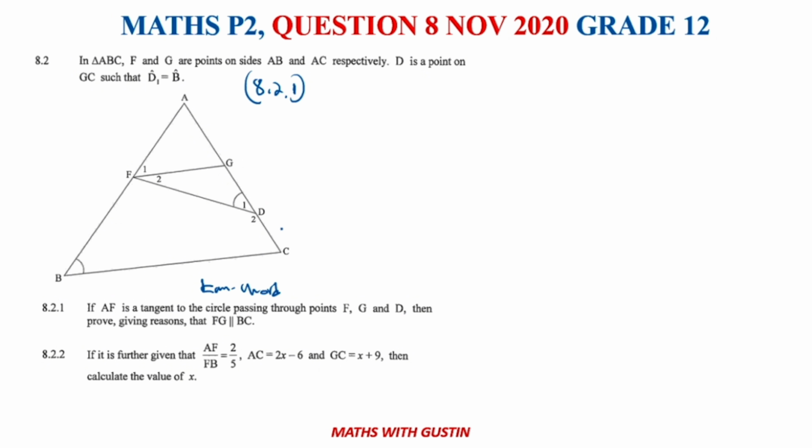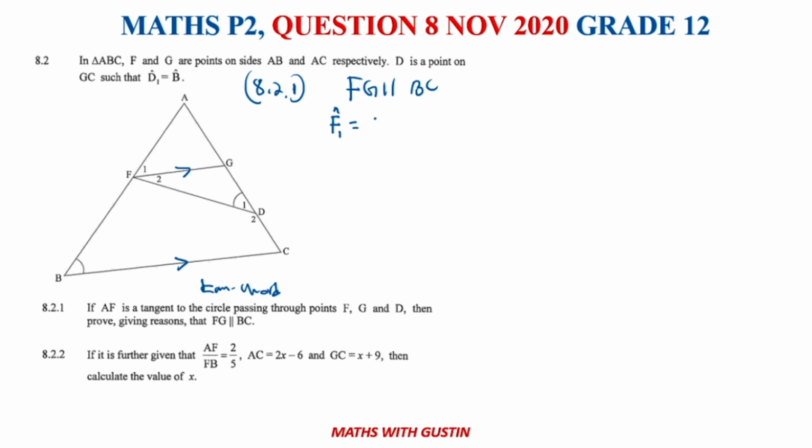Right. Okay, then it said it passes through points F, G, D. Then we are required to prove that FG is parallel to BC. Let's have a look at FG is parallel to BC. They want us to prove this. Okay, now let's have a look at it. We are told that